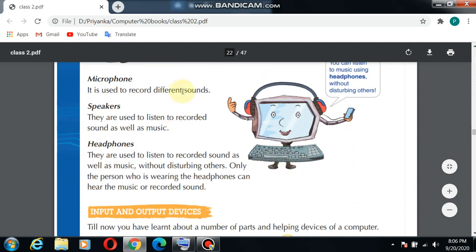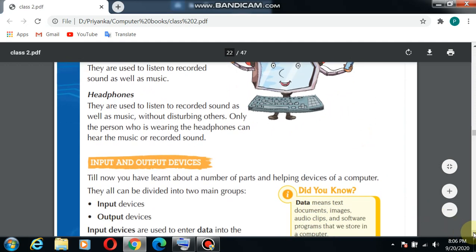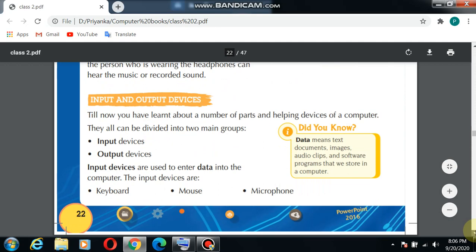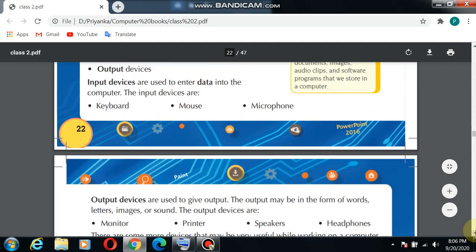Like I am recording my voice right now. So which device am I using? I am using a microphone. And headphones are also a kind of device which is used to listen to the recorded sound. If you want to hear the music without disturbing others, then you will be using headphones. Okay, and these devices are categorized into two types: input and output devices. Input devices are used to enter data into the computer, like keyboard, mouse and microphone, and output devices are used